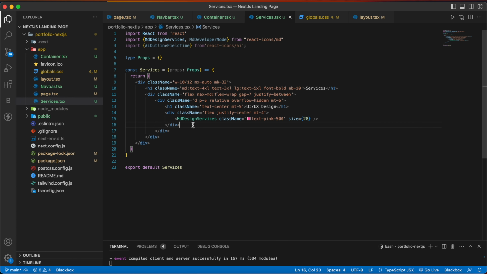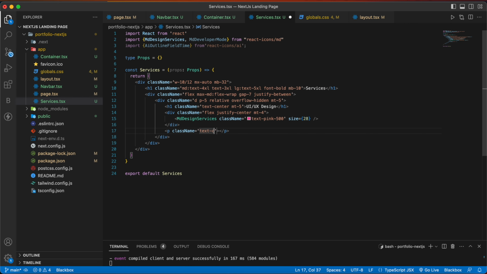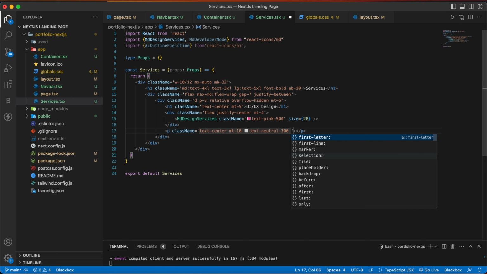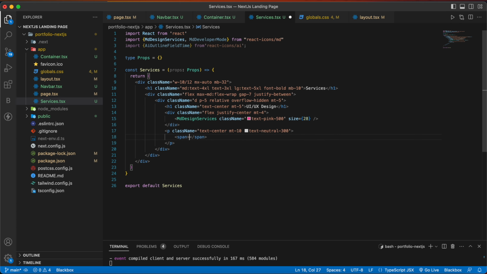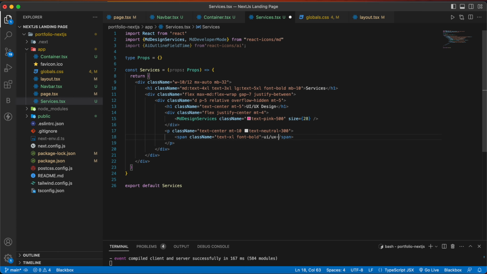Now below this div we are going to have a p tag, a class name of text center, and margin top will be 10, text neutral 300, and then inside this we are going to have a span with a class name of text axle, font bold, and inside this write UI UX, and outside this is span like this.